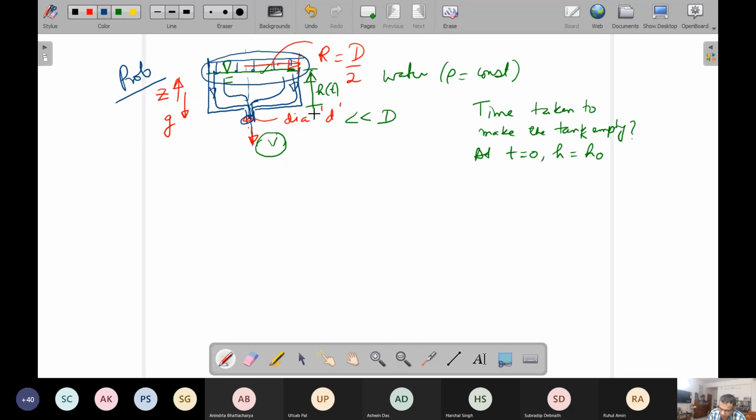And can you tell that if you just take 2 points 1 and 2 on some streamline and apply, say, Bernoulli's equation between the free surface and the exit of the streamline. So can you tell whether V2 is greater than V1 or less than V1? Right? It is quite obvious. I mean, for that you don't have to do any calculation. That V2 is greater than V1, and in fact it is much greater than V1. Simple reason is here the area at the top is much larger and here the area is much smaller. So to push the same rate of flow, you have to have very high velocity.